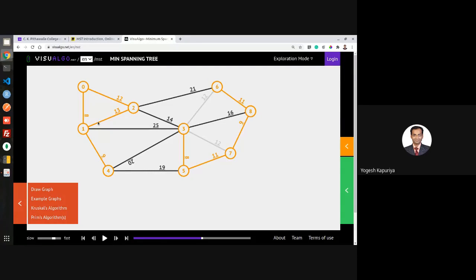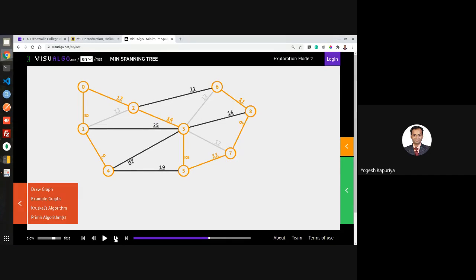Next is 13. 2 and 1 are already connected, so skip. Next is 14. Before this step, 2 and 3 are not connected, right? So if you see, this is one tree, this is another tree, and these two trees are not connected.